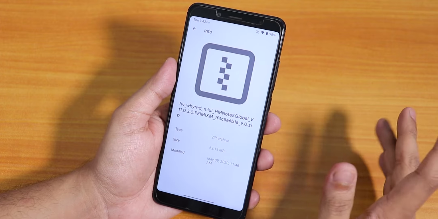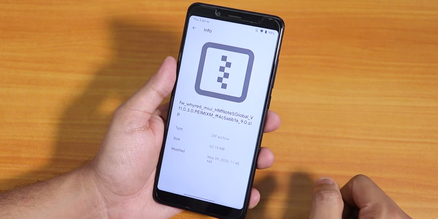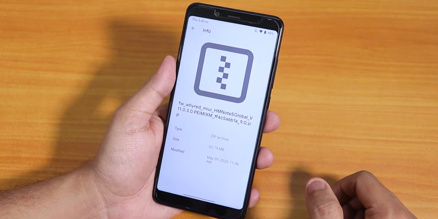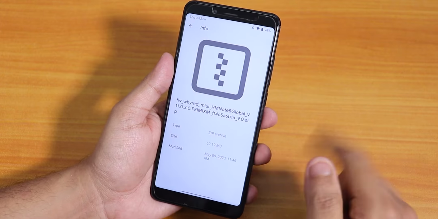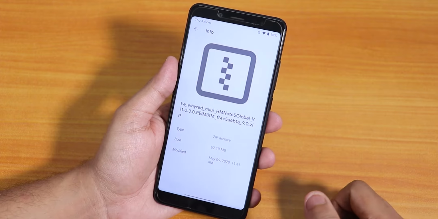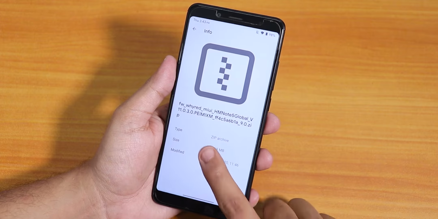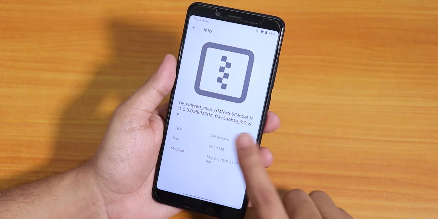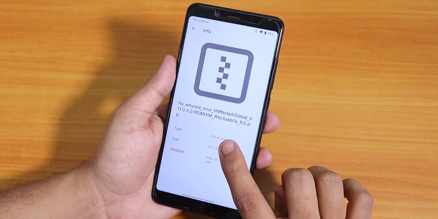In case you want to flash this ROM, let me show you how I flashed it. Well, I'm on the latest Orange Fox recovery version R10.1_3. If you want to flash this ROM, I'll recommend that particular recovery. I'll link it below too. You do not need to worry. You just need to flash that recovery, and then with that recovery, you flash this latest firmware, which is 11.0.3. If you are already on this firmware, you do not need to flash it separately.